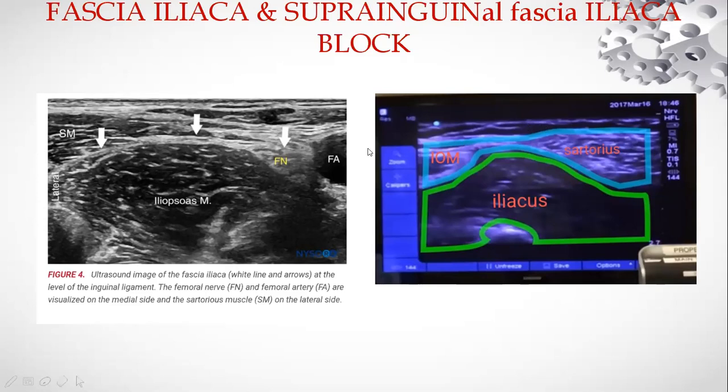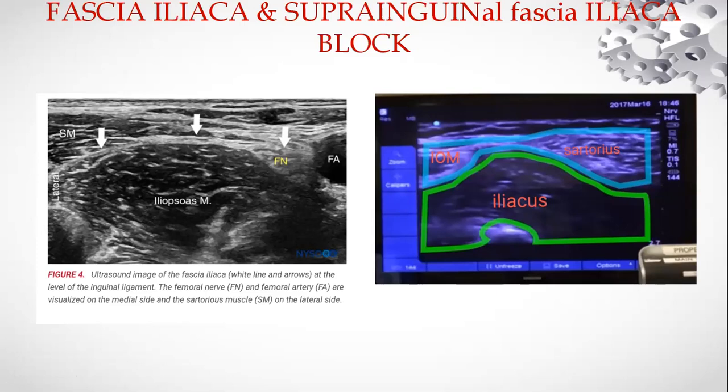As the name suggests, you're going above the level of the inguinal ligament. I'll just briefly tell about the anatomy here, and in the next slide I'll be able to tell about the probe orientation better. Here, as we can see, the sartorius is not in the picture. So we have gone a little bit above the level of the inguinal region. The probe is placed over the ASIS, keeping the orientation of the probe so that it is following the umbilicus, tilted in a way that we'll see in the further slide.